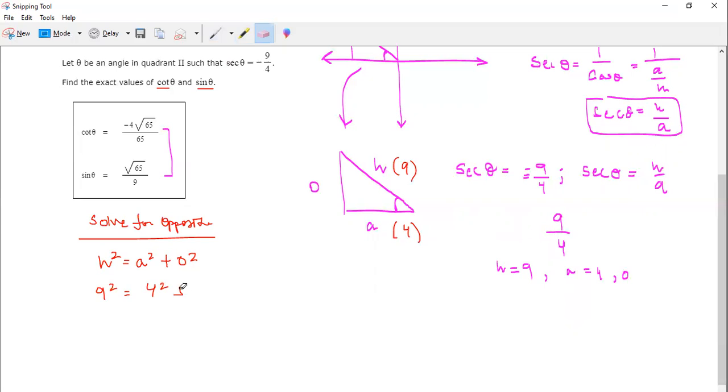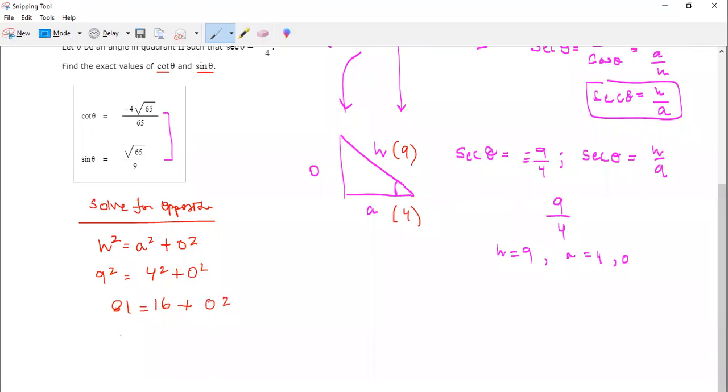let's go ahead and get that plus there. So it's going to be plus o squared. That's going to be 81 equals 16 plus O squared. And 81 minus 16 will equal O squared. And so if we want to do that off to the side, we know that